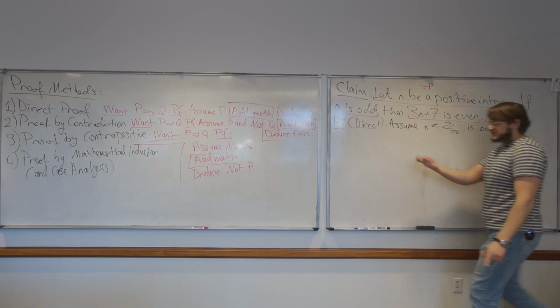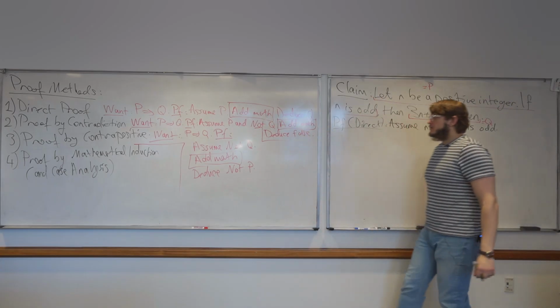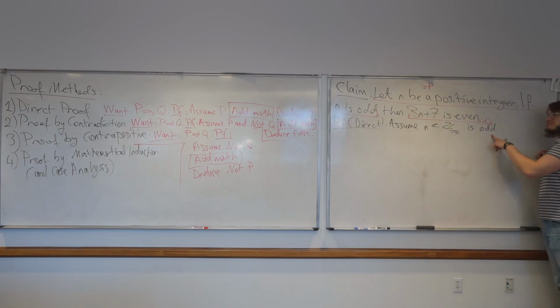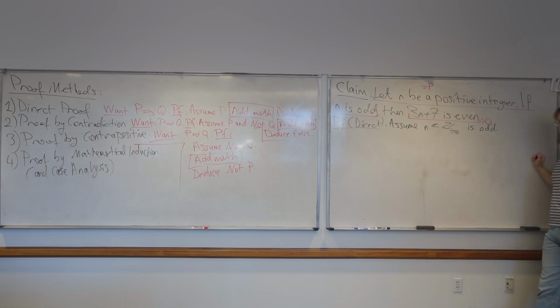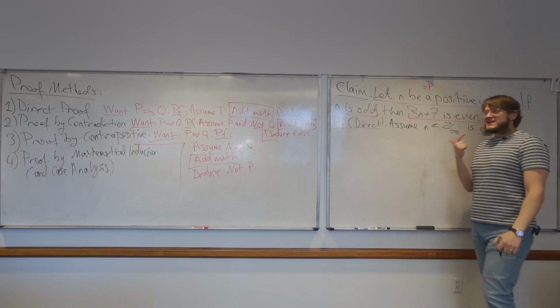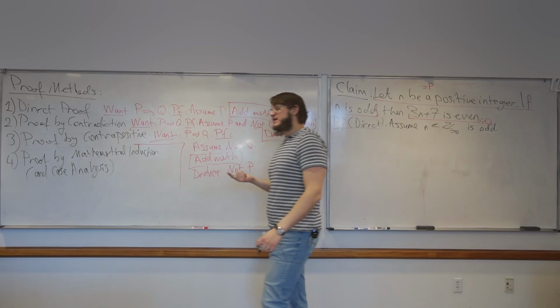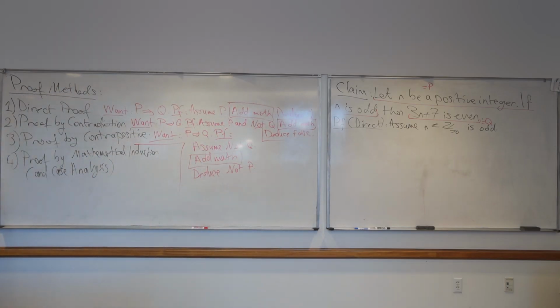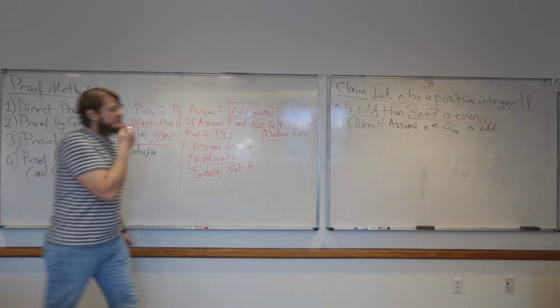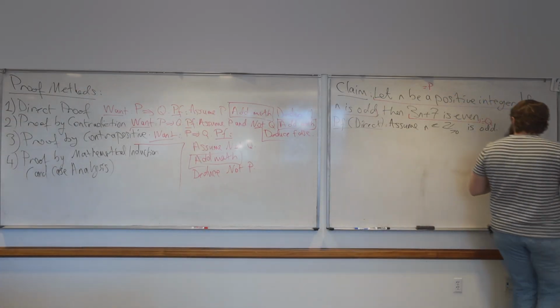You see, now I need to start doing math somehow. By definition, I get to use the definitions. Odd means n is not divisible by 2. The only way an integer is not divisible by 2 is, well, it's 2 times some integer plus 1. There's no other integers. There's no other odd numbers. So I can say,